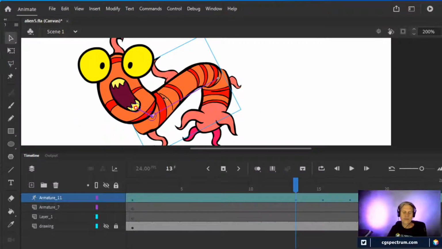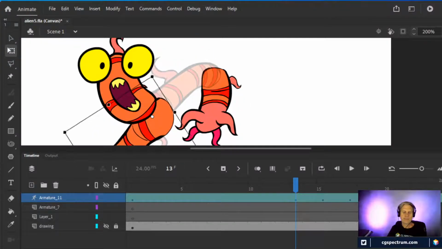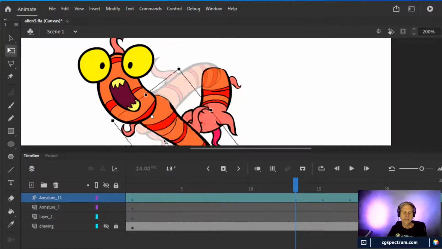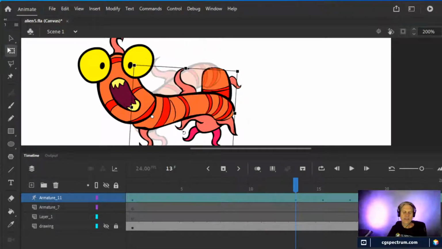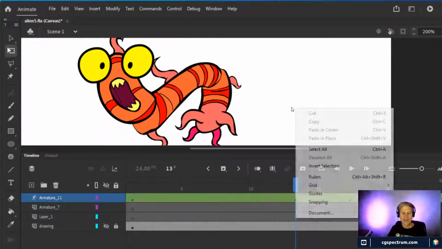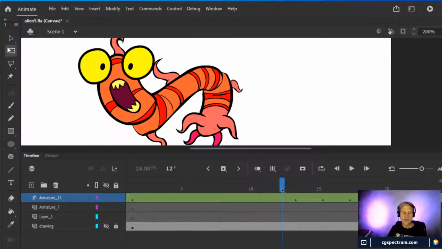So what if, for example, you animated it, I don't know, like this, and you bent it so far that you could see the edges of it? Well, you're going to lose that little tentacle. And then the edges of it, it just doesn't look like it was meant to bend quite that much. So that's one of the things that you got to worry about when you're creating it.